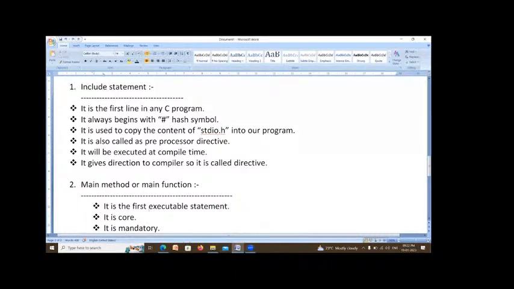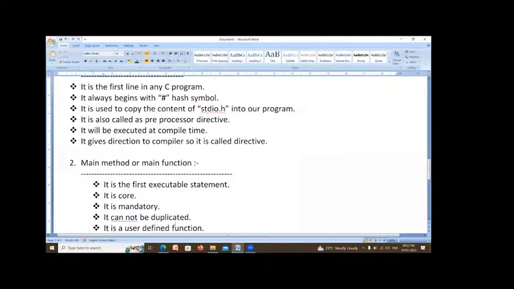The second type of statement is the main method. It will execute at the beginning, so it is called the first executable statement. It is very, very important, meaning it is core. We have to write the main method, so it is compulsory and mandatory.